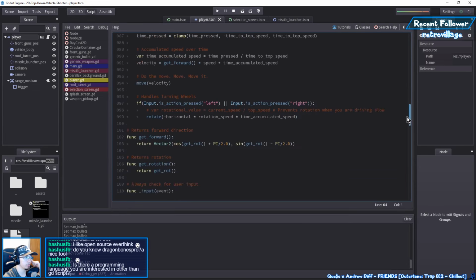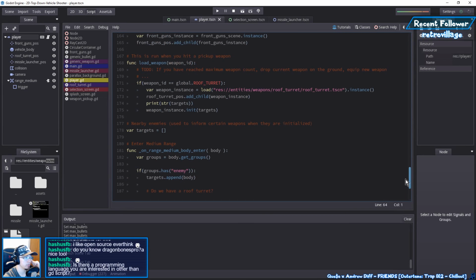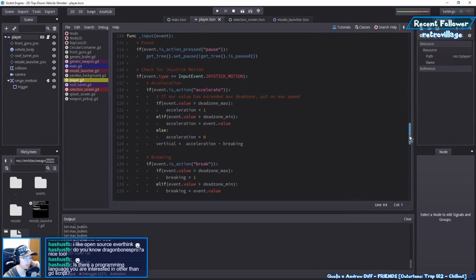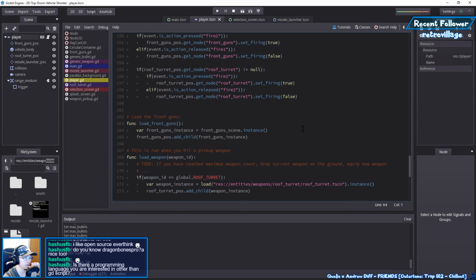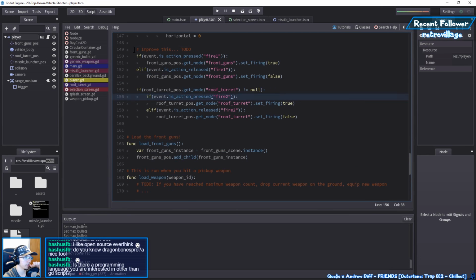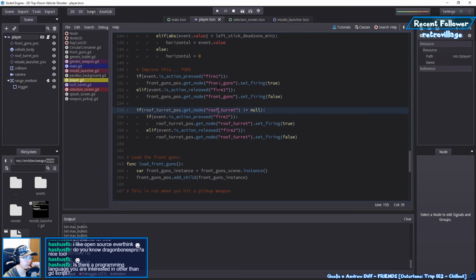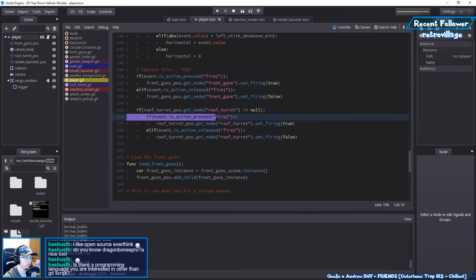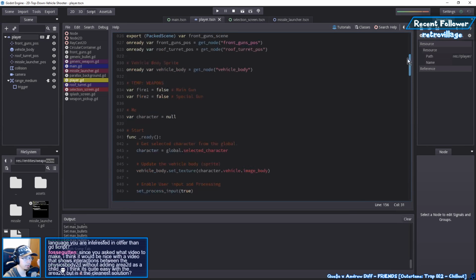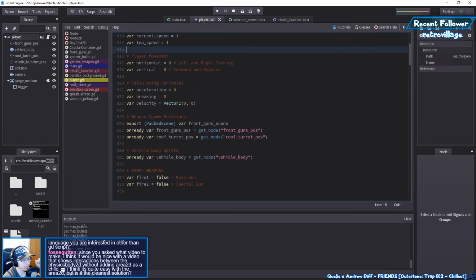Vehicle script is something I'm gonna have to improve later as well. It's a bit messy and there's a lot of things I can probably put elsewhere. This is very bad. So, if you have a roof turret and it's not null, then enable the input. But I want to... I guess I can create a weapon state